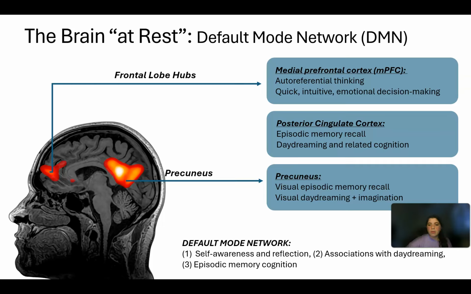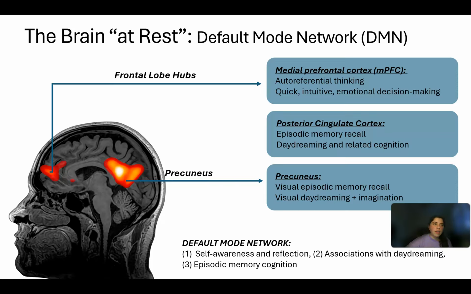Next, I'll go ahead and move on to the posterior cingulate cortex. So the posterior cingulate cortex is going to support the MPFC in this autobiographical or self-referential thinking by supporting episodic memory recall when it's appropriate. And so episodic memory is a type of memory that's unique to you because it's your memory of events that